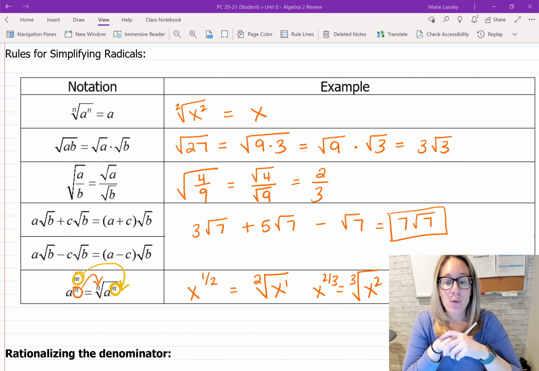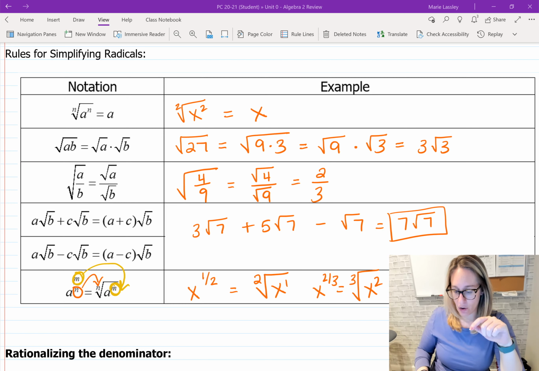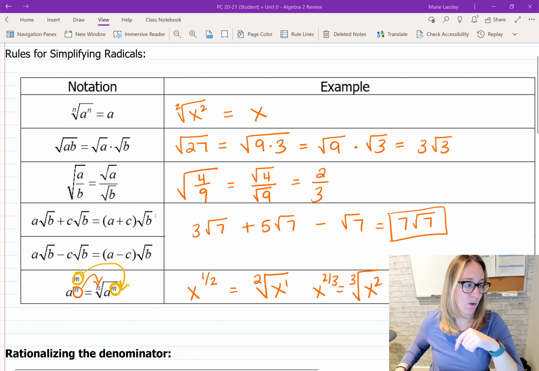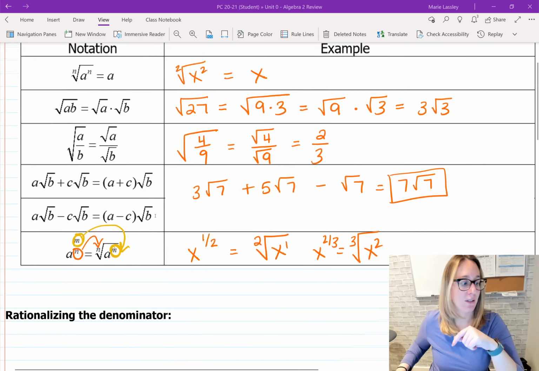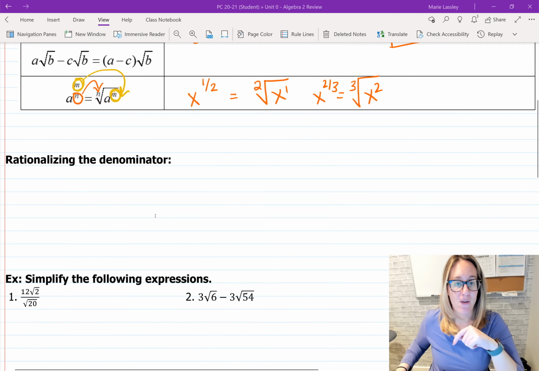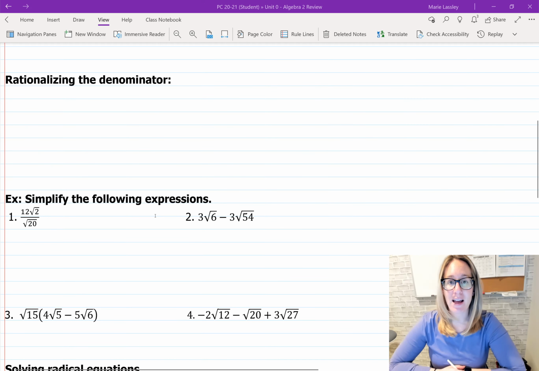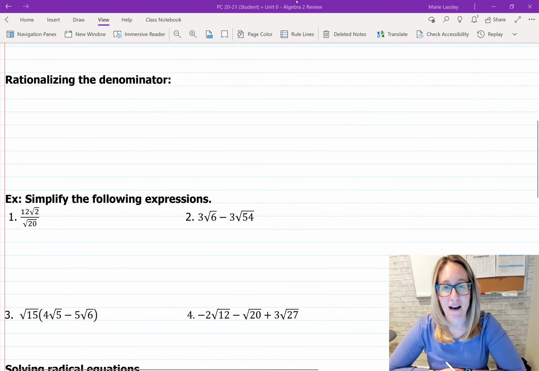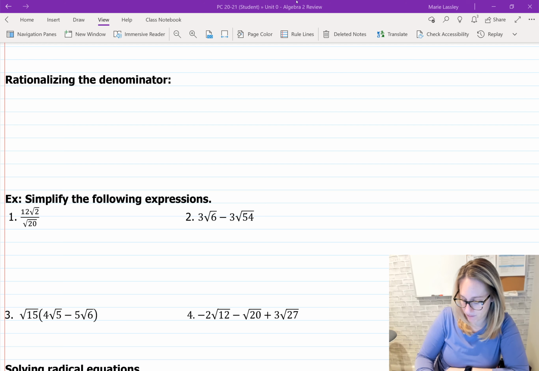Those are the rules for radicals. Now we're going to talk about something else that comes into play when we are simplifying, and that's called rationalizing the denominator. We all know that sometimes math has real weird rules when it comes to simplifying. One of those rules is you're not allowed to have a square root in the denominator of a fraction. I don't know why this is a thing. I don't know who made it up, but it exists. So you're not allowed to have